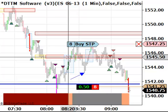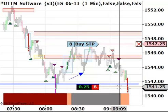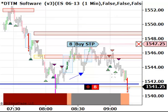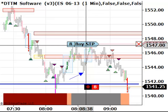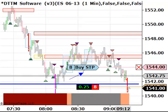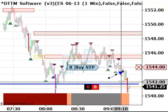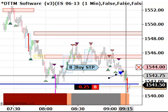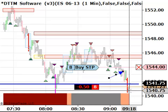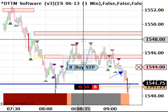So that's what I've done here. I put in a sell stop and got short at 41.25. And right now I've got a buy stop way up here. Now I'm going to adjust that and bring it down just above this area right in here. You can see this is a nice selling, level 1 selling bar right here. It kind of hovered there for a little bit, and then we've got this other really nice selling bar as well. So I would consider this, I guess, an aggressive trade in the sense that we're really